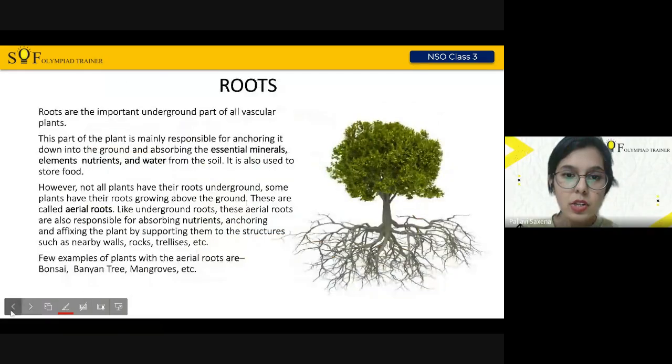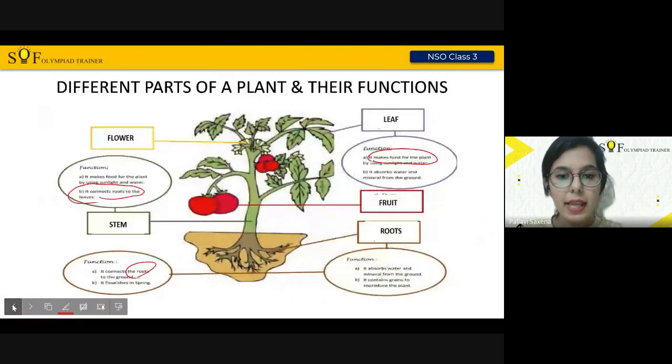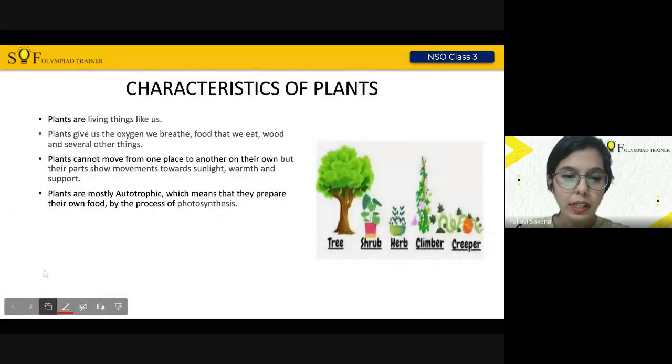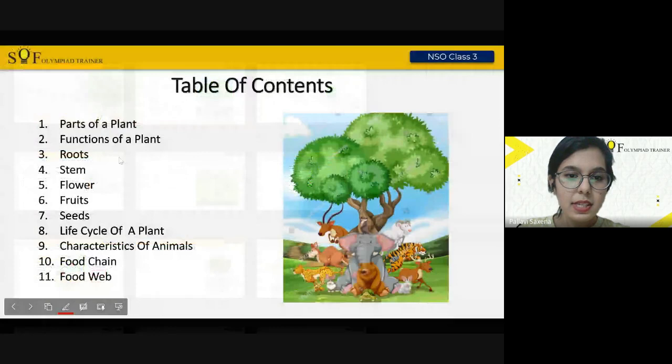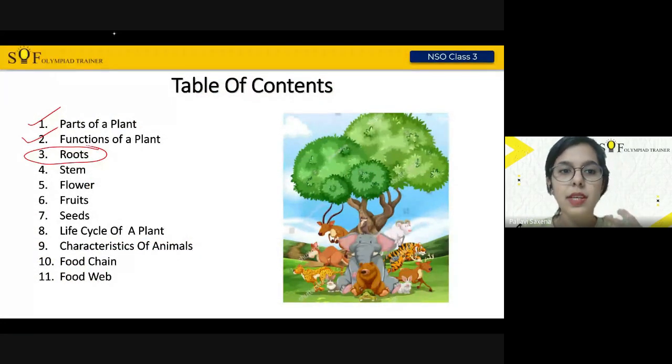All right. So from the next class, children, since the time is up, we will stop here. And in the next class, like I told you earlier, we have covered the parts and the functions of a plant. We will be starting from discussing all the different